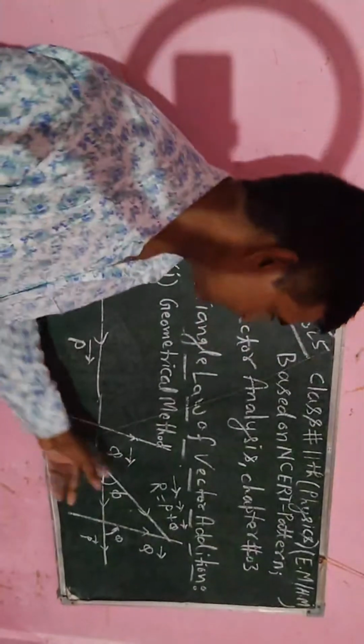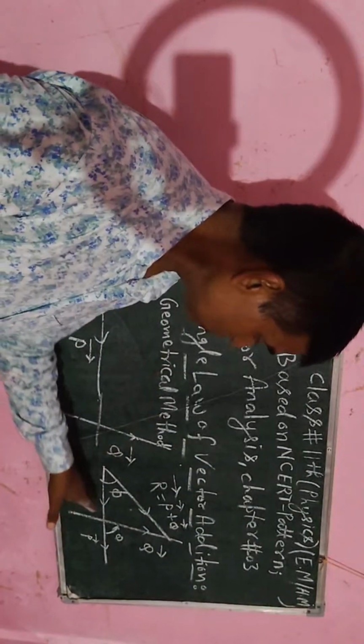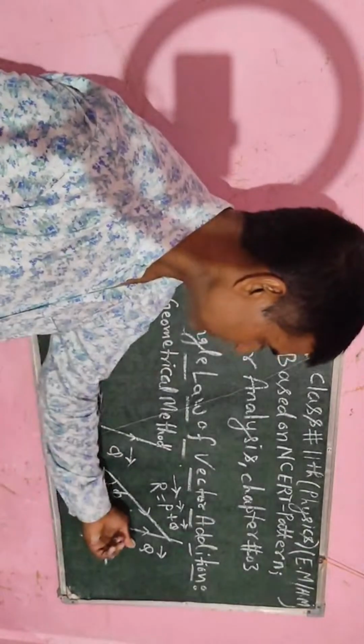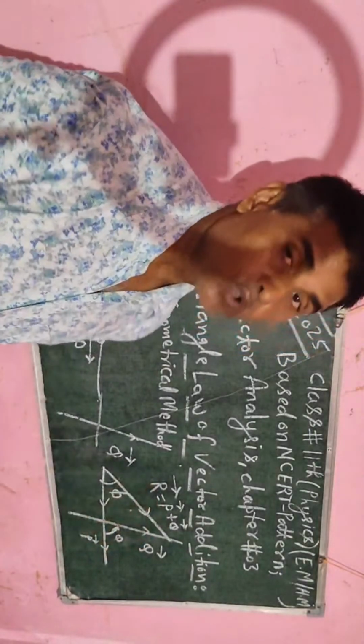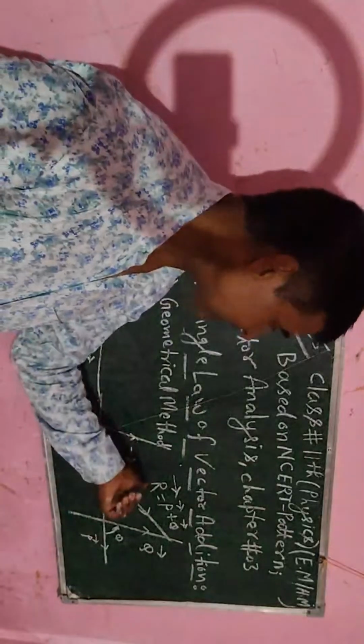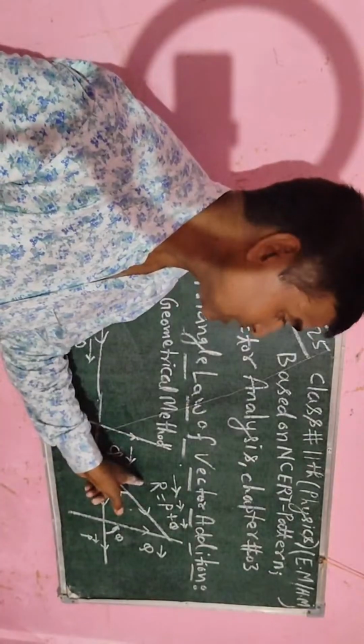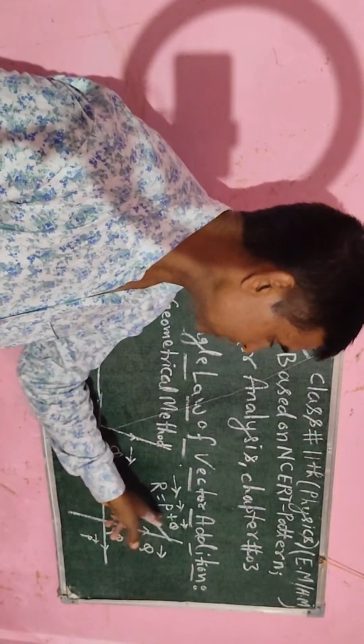पहले मेथड को ज्योमेट्रिकल मेथड होता है कि वो एक वेक्टर p है, दूसरा वेक्टर q, और दोनों को सम करेंगे तो हमें एक वेक्टर मिलेगा। उस वेक्टर का नाम जो होता है हम r कहेंगे। r से स्टार्ट होता है रिजल्टेंट, वो वेक्टर जो होता है रिजल्टेंट है। रिजल्टेंट का मतलब दो वेक्टर का सम है।